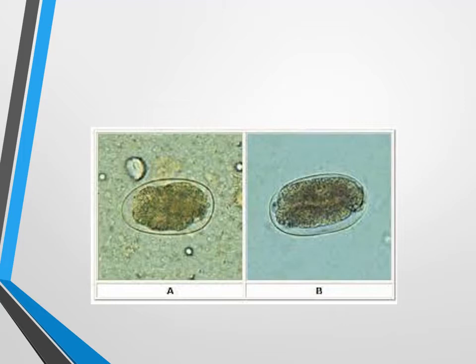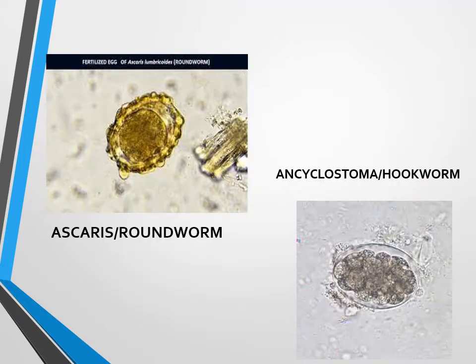Then they can ask about the mode of infection. As it is by skin penetration, the larva, that is the filariform larva, is the infective stage. Now I have also added the egg of Ascaris, because sometimes there can be confusion. It can be asked why it is not the egg of Ascaris. So I have added pictures of both Ascaris as well as hookworm, so that you can easily know the difference between these two eggs.